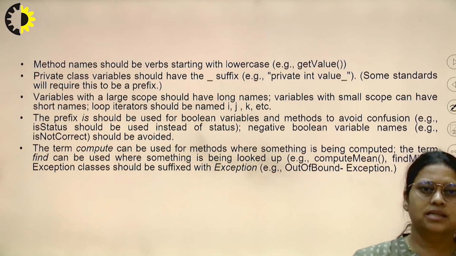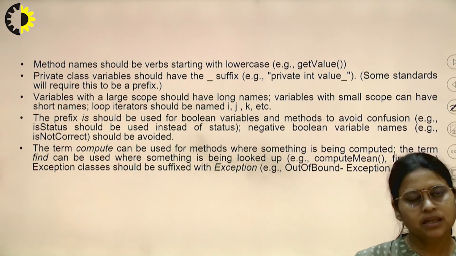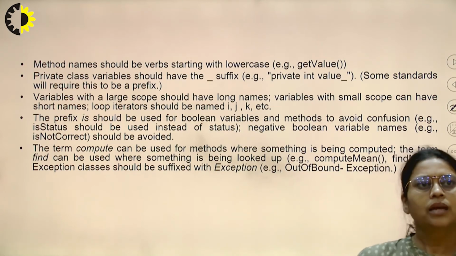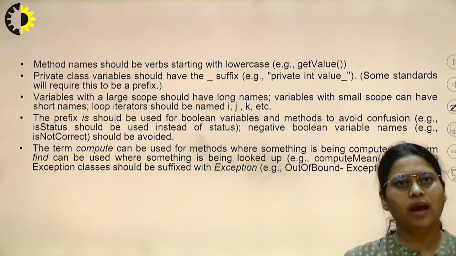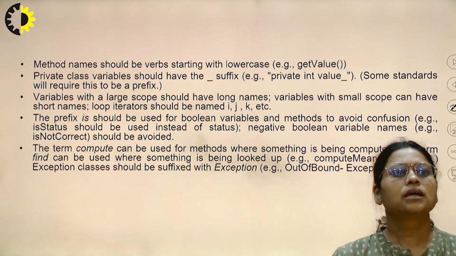A private class variable always has a suffix, like private int value_. Some standards will require this to be a prefix.